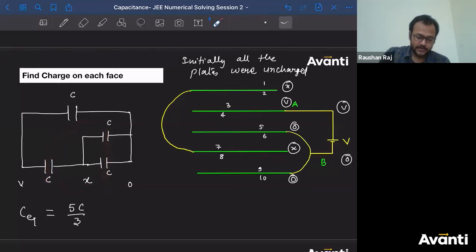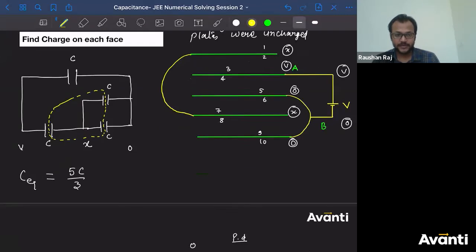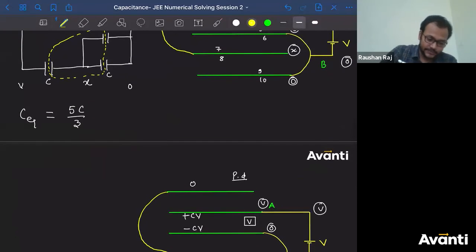It might happen that some 2q charge is moved from here to here. But net charge will be plus 2q minus 2q like this. All right, यही होगा. तो क्या करेंगे बताइए बच्चा लोग जल्दी से. तो I will assume these three plates as an isolated system. क्या assume करेंगे? Those three plates as an isolated system.